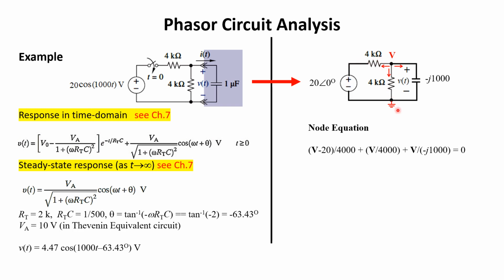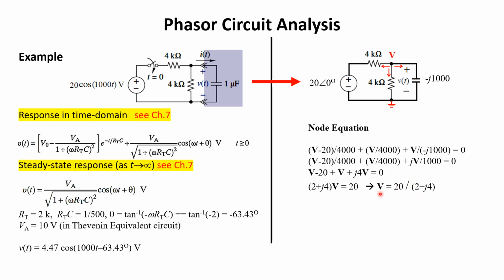This current is (V minus 0) divided by 4000, and this current is (V minus 0) divided by minus J. This is important, minus J 1000. We proceed further, and we find that V is equal to 20 divided by (2 plus J4), and in a phasor form we